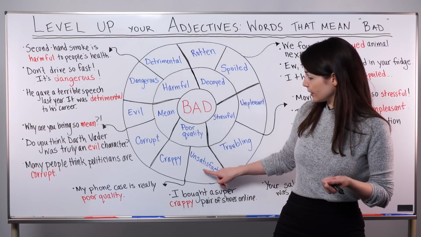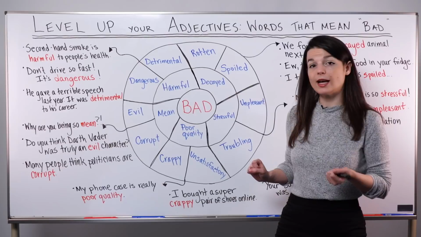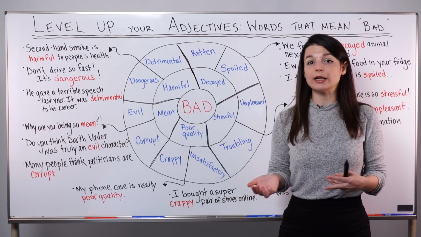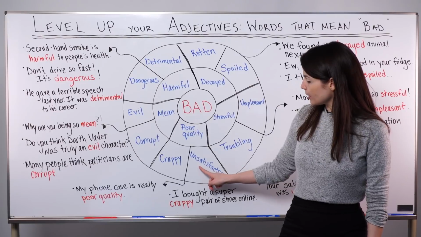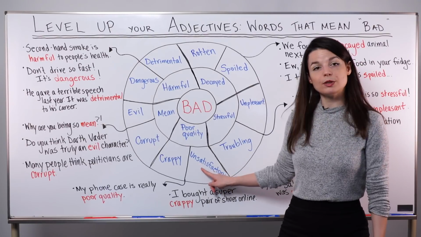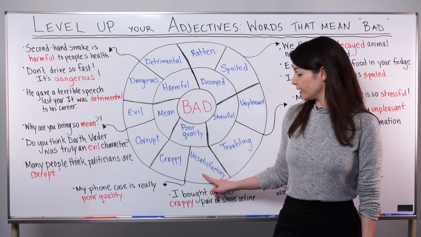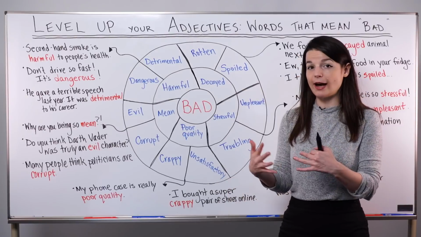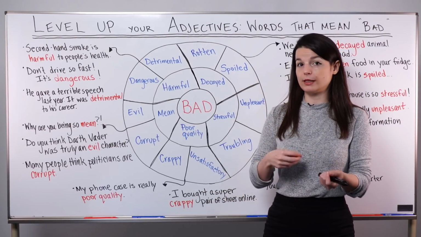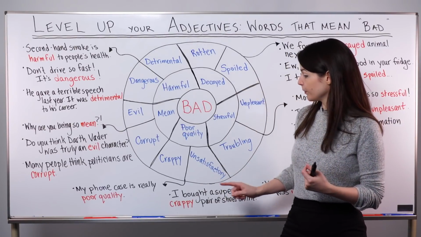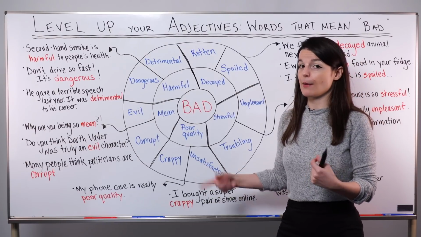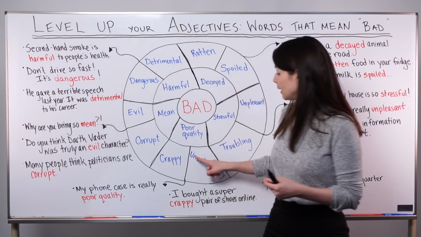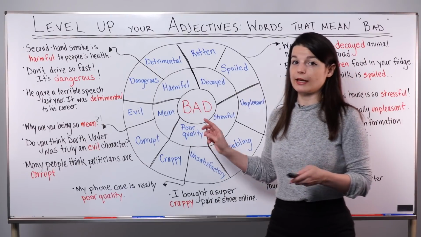Finally, let's look at this word, unsatisfactory. If we break this word down, we see the prefix un combined with satisfactory. The root here is the word satisfy. So to satisfy means to be pleased with something, to be happy about something. So this means not satisfied with something, not happy about something, in relationship to quality as well.